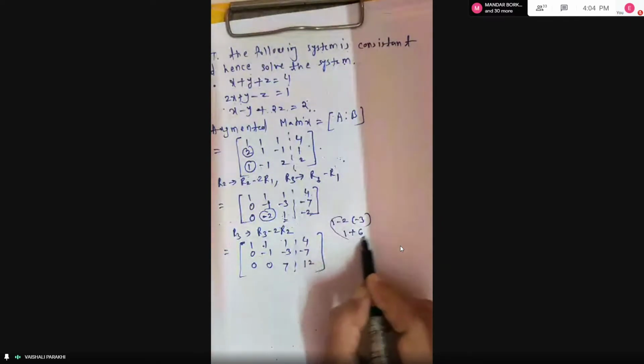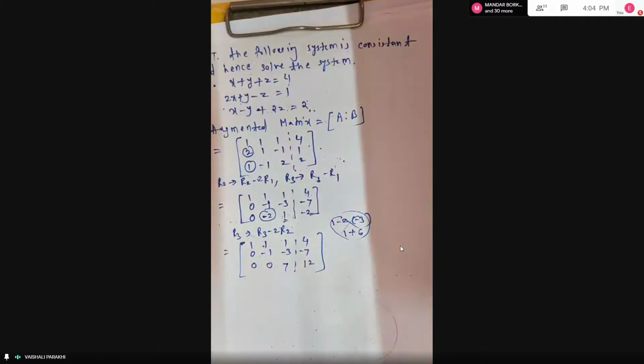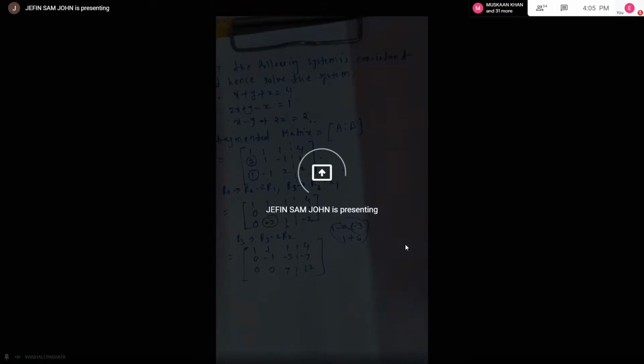So do this type of rough work always to avoid mistakes. Because see, in case of matrices, the problems are not difficult, but if you make a mistake in a single number, then your whole thing goes wrong. So very carefully you have to write the numbers and their signs. If you write plus, minus, minus, plus something wrong, then it goes wrong. Right?